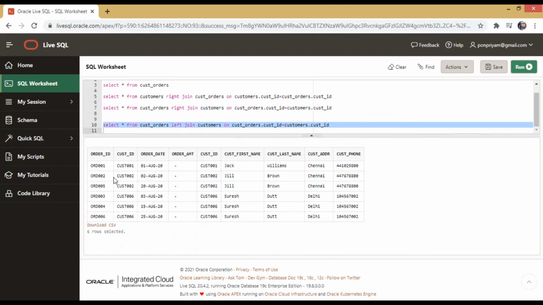There is a difference, but why? Because from the customer orders, you are getting a corresponding display for the customer's table, right? Here in this case, all the records for customer orders are getting displayed. So here you are getting their corresponding customer information. So this is almost equivalent to the first one, right?